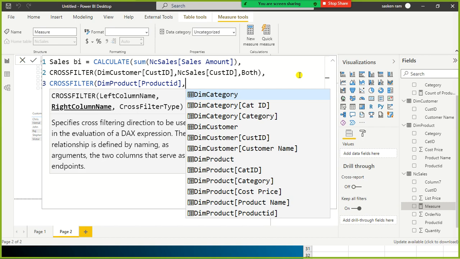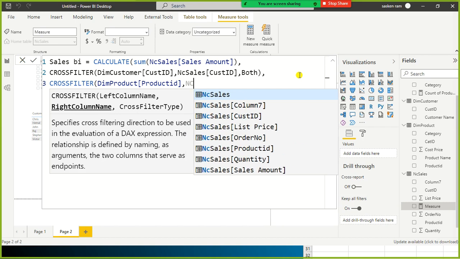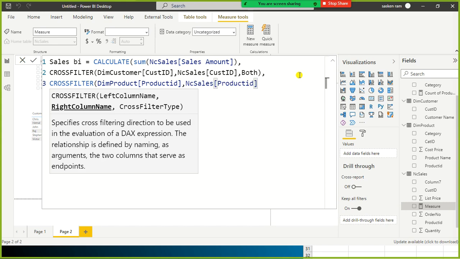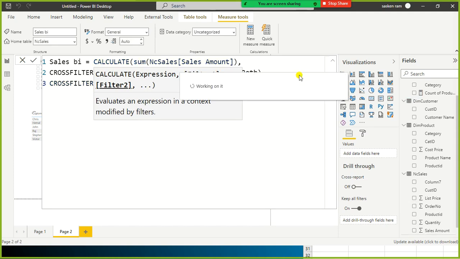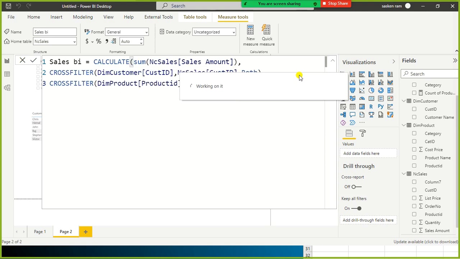NC sales, and here product and product ID, comma both. Okay, press enter. Sorry, I should have used one more parenthesis for this one and that one. Yeah, I used it already. It's perfect, no error, nothing.